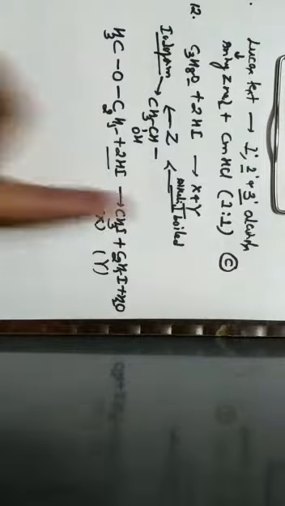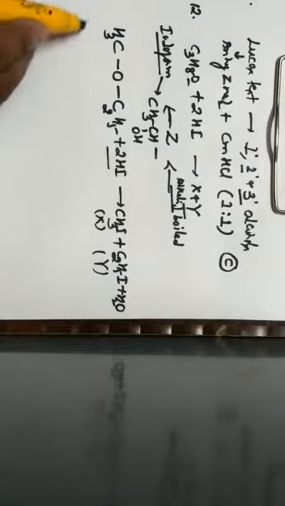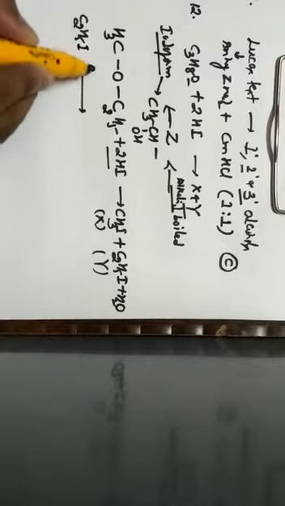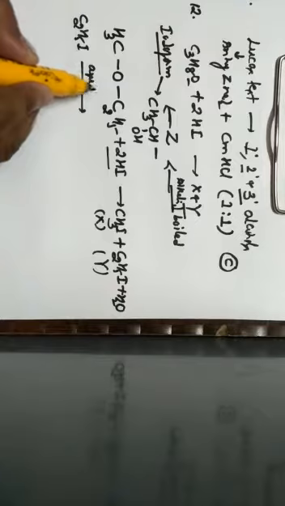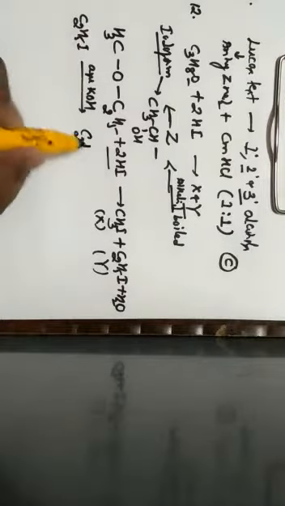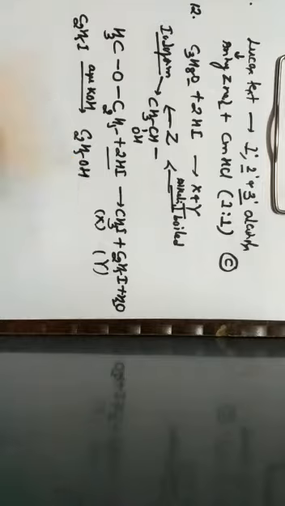Next, what they have said, Y is boiled with aqueous alkali. Y is what? C2H5I. This is boiled with aqueous alkali. Now let us consider the alkali as potassium hydroxide. So when aqueous alkali is present, alcohols are the compounds readily obtained. That is nothing but C2H5OH plus KI. So how this C2H5OH can be written?